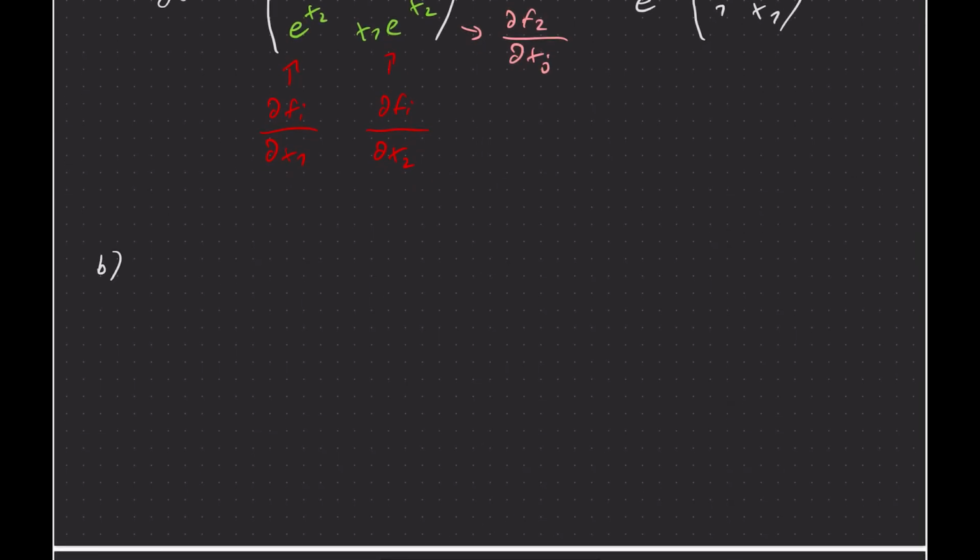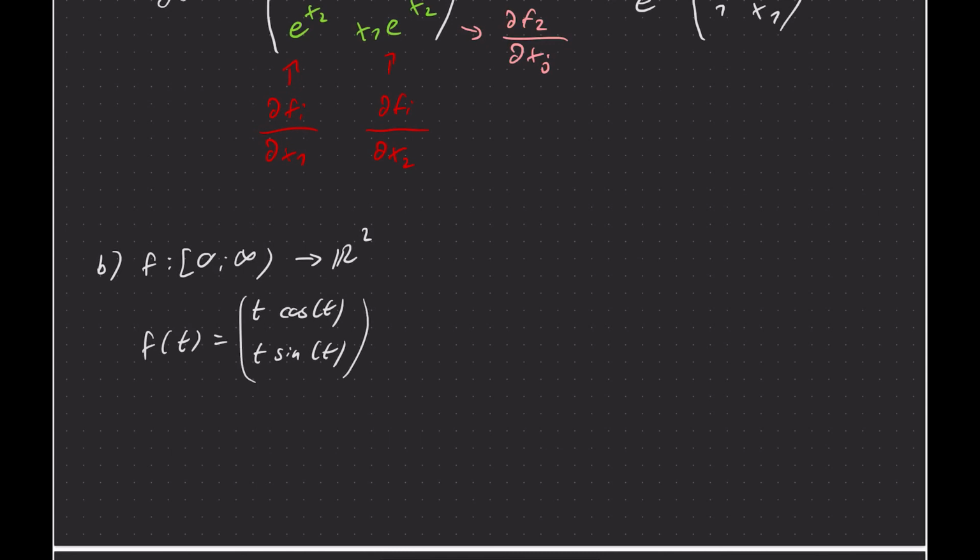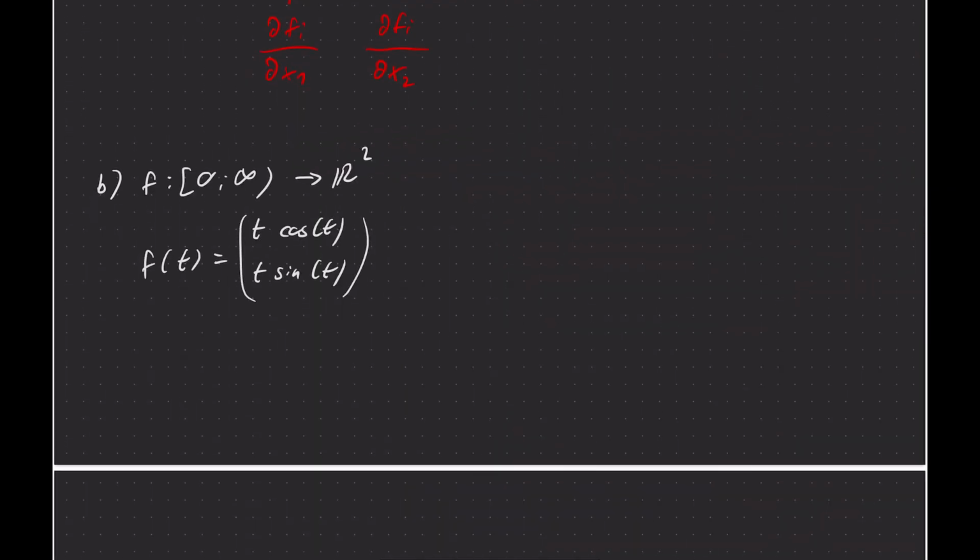Second example, a special case. Of course, we don't need to have several variables. We can also regard functions of one variable that have a vector value. So for example, if we look at functions like this, from 0 to infinity, so from a real parameter mapping to R2, you might remember that we call these curves. So that is defined as t cosine of t, t sine of t, like this. Then what is the Jacobian of that